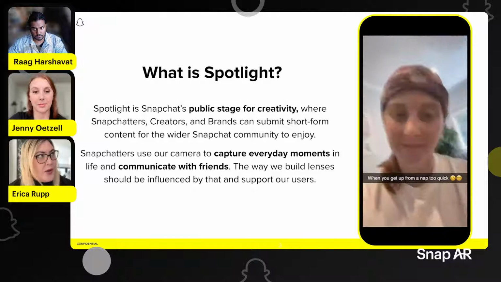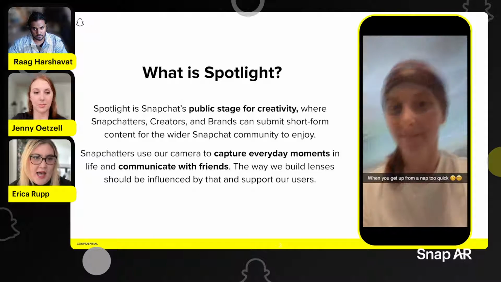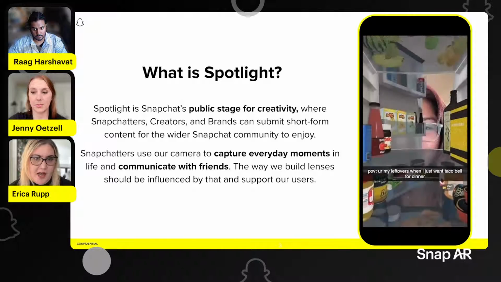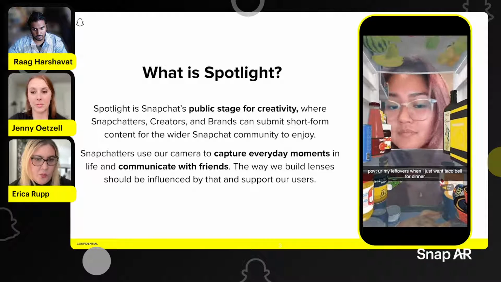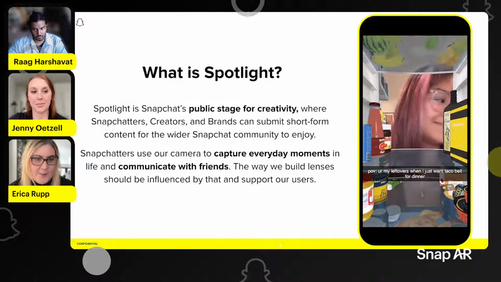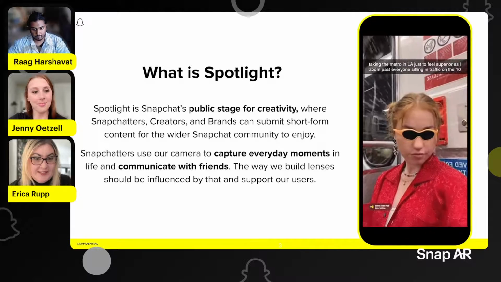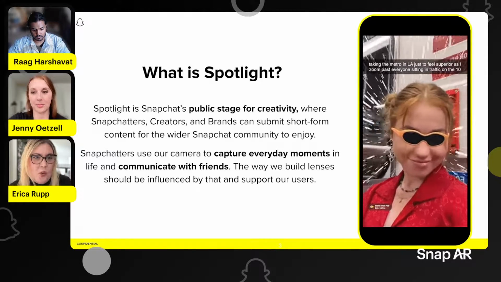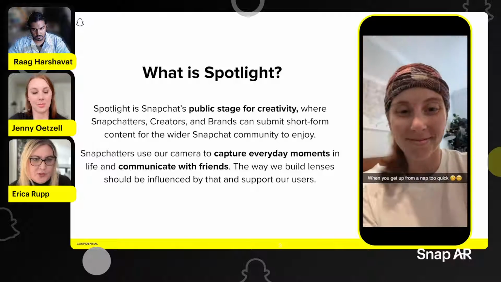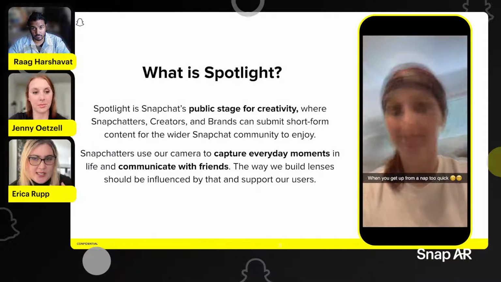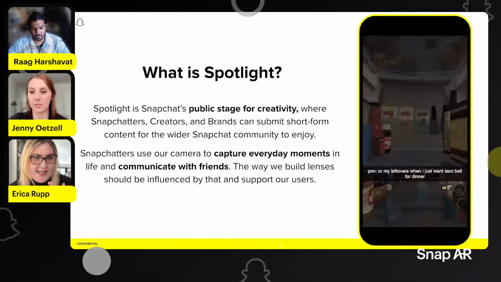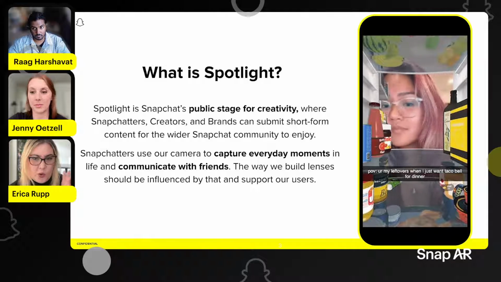How we think about Spotlight being differentiated from other platforms is we really are a camera company. Snapchat opens to the camera and probably always will. So we have the ability for people to be capturing really special, exciting, interesting, authentic, organic moments.